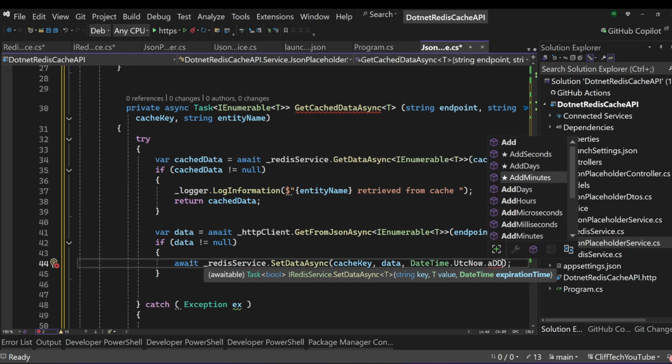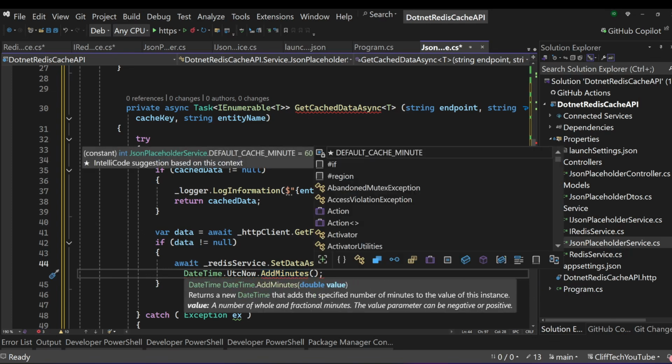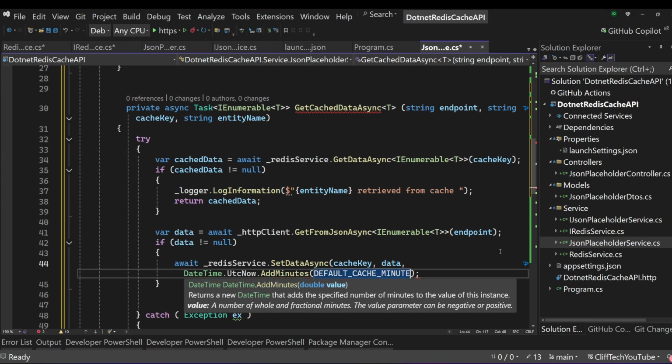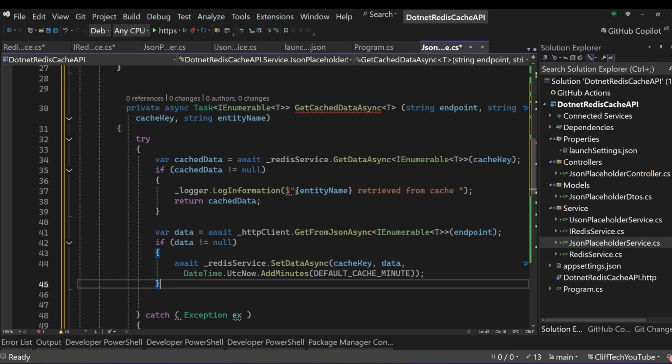We want to add a minute because we want to cache it for a certain minute, right? And what's happening is that the minute is then going to take our default minute. So this is basically what we want to do. The minute is going to take in our default minutes coming in. So this method that we are trying to do here, we are taking our time to understand this,